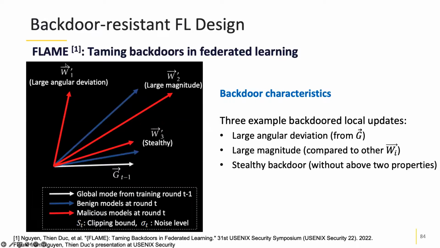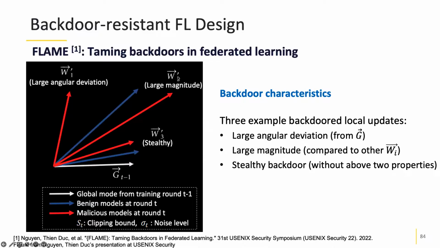So W1 here is a backdoored local model that has a large angular deviation from the global model G to achieve the backdoor payload. The second property of backdoored local update is that